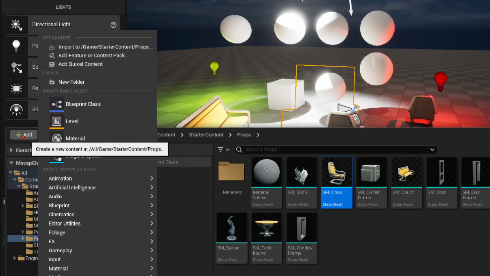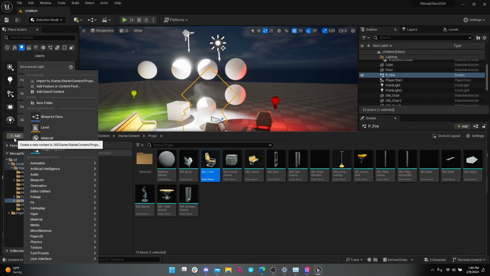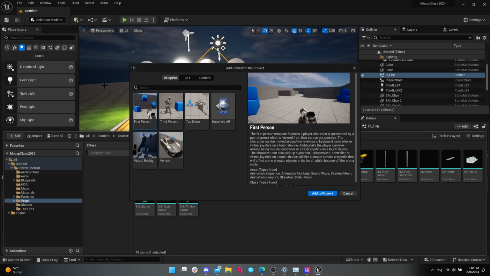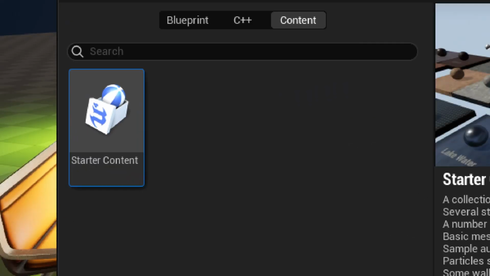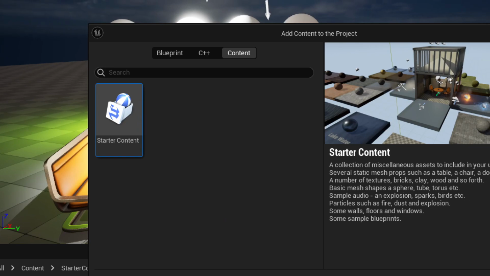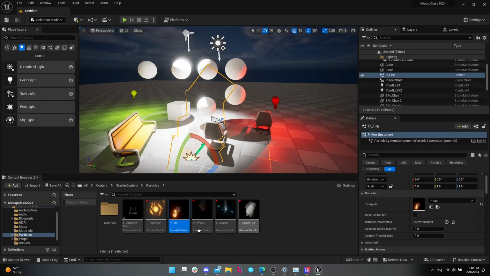Click on the green plus add button, and up top it says import to /game starter content. Or no, actually, it says add feature or content pack. You go to content, then it should say starter content. Then just add to project. You should see the same folders as me then.